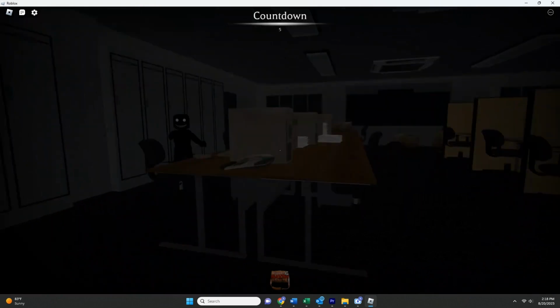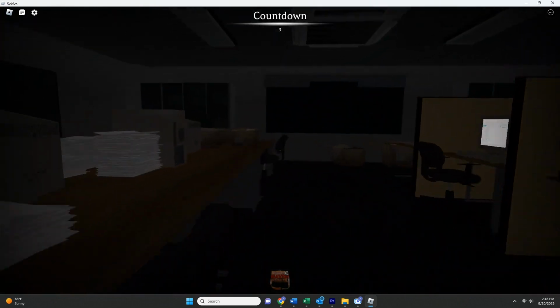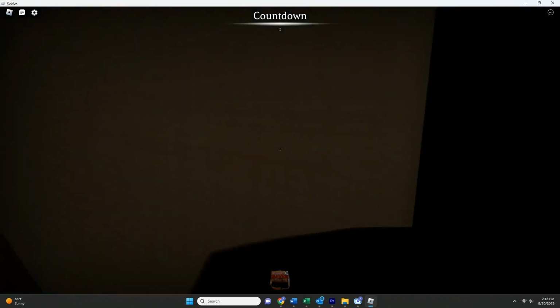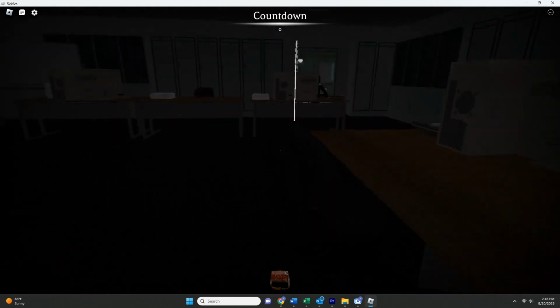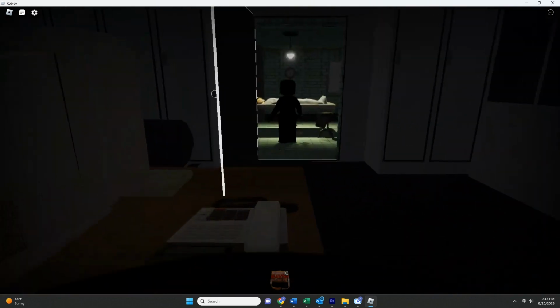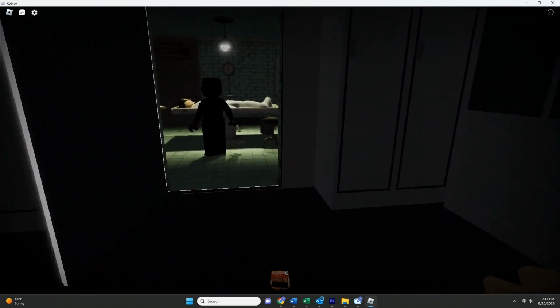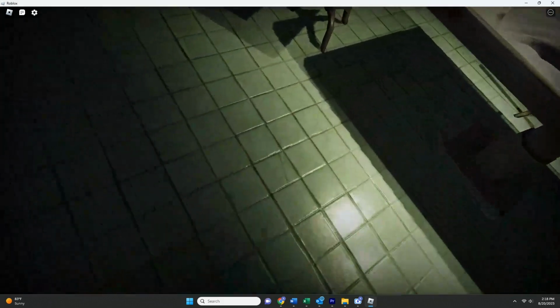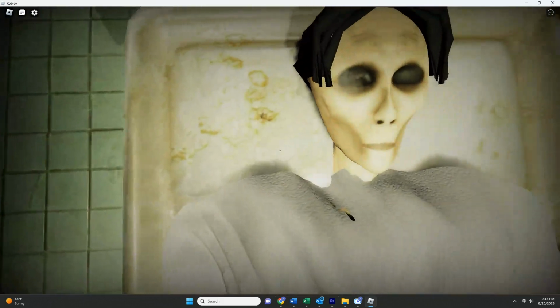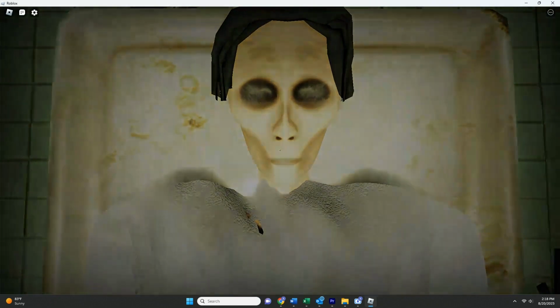Where is it? There. I think that is the thing that you're supposed to be scared of, but it hasn't actually begun. So the game hasn't. See, there's a countdown up top. So the game, it hasn't actually started yet. So here goes. Now there's this little cut scene, and then me and a couple other players ended up in